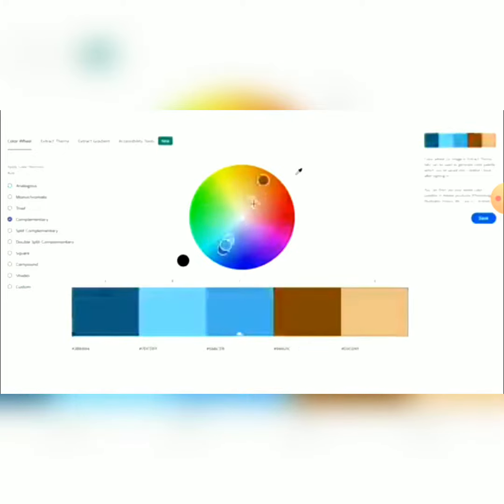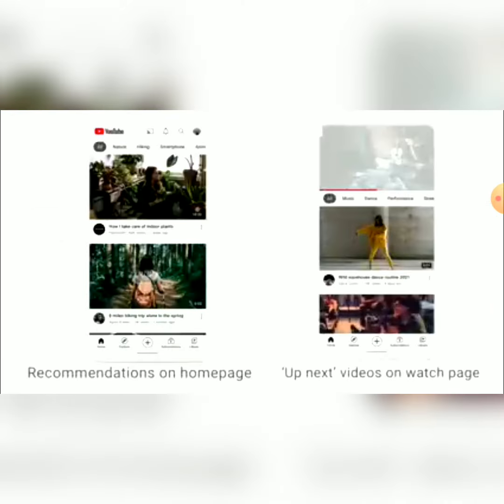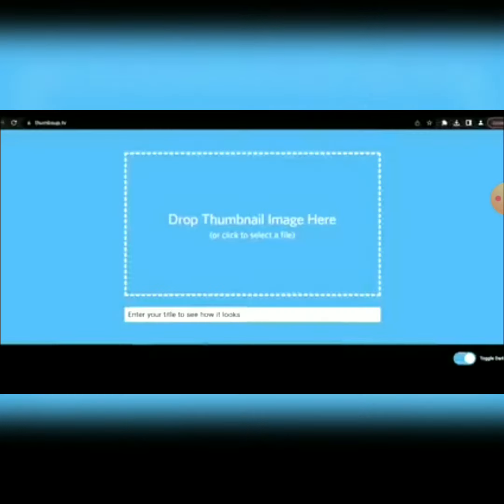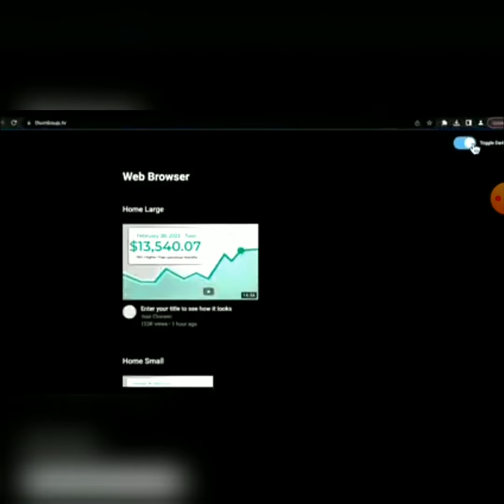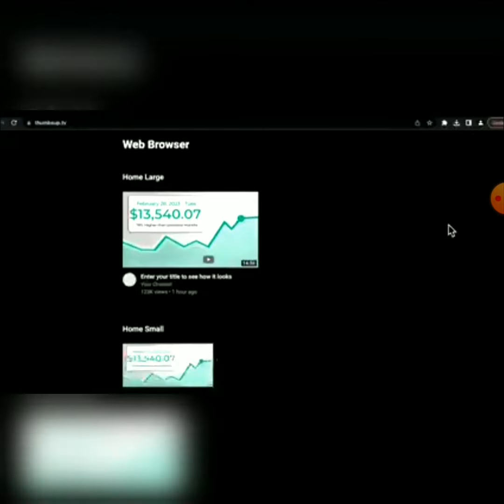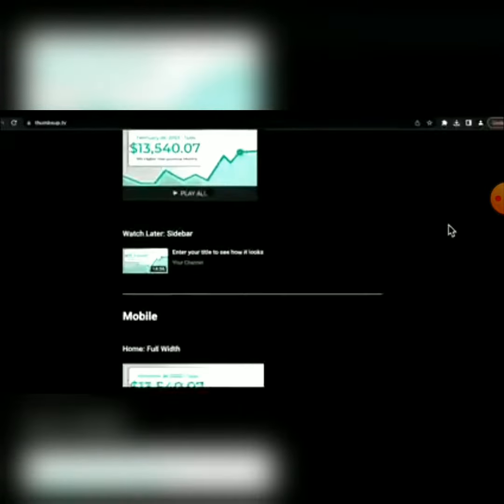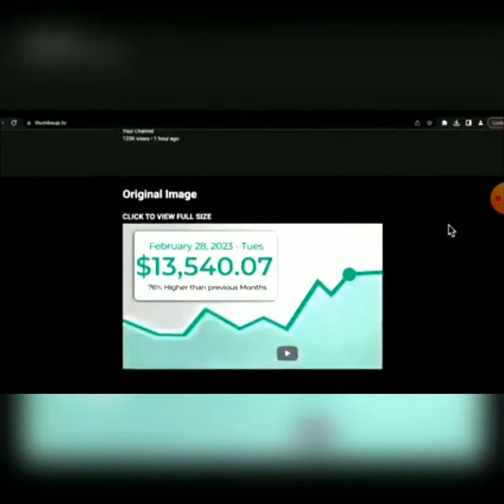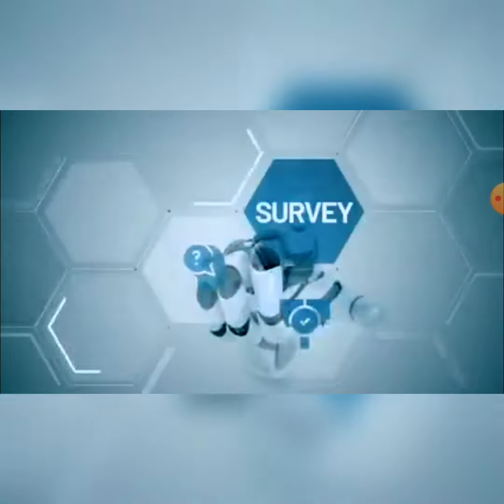And because we don't know the screen size of the device that the viewer is watching on, or where on YouTube our thumbnail will pop up, we need to make sure that on all levels the thumbnail is clear. The site that I use to view the thumbnail in all sizes before uploading is thumbsup.tv, where I can confirm that the thumbnail is viewable in dark mode and when my brightness is much lower. The last step of my process is asking for feedback from